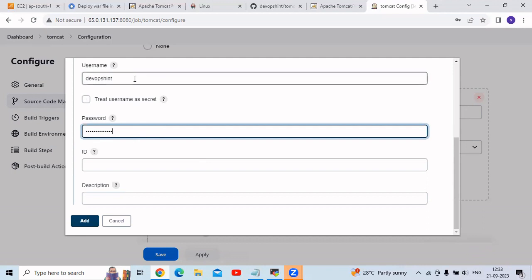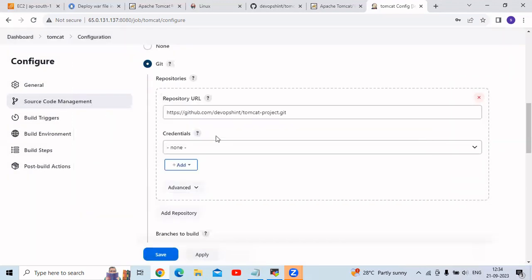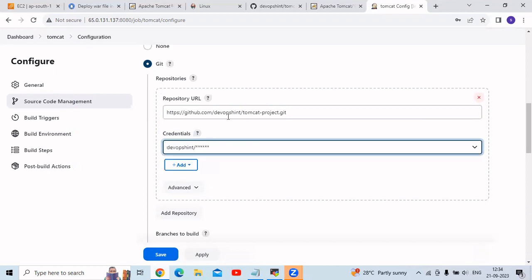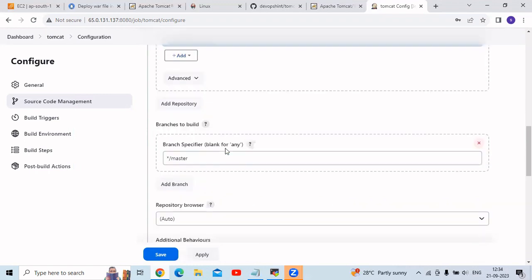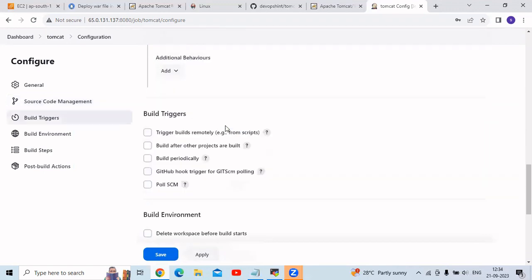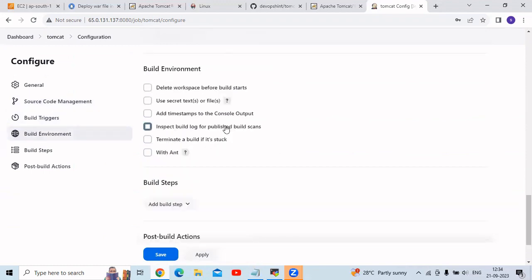Remember this. That's my username and password of my GitHub account, right? Because here we are going to enter our GitHub repository URL. So that's why here we need to enter username and password of our GitHub account. Now click on add, right? And here if I click the credentials, add this credentials, right? So that's our GitHub repository URL, and that's our GitHub credentials. Okay. Now the next step is here I'm going to enter this master replace with main. Okay. Now the next step is, let's scroll down,